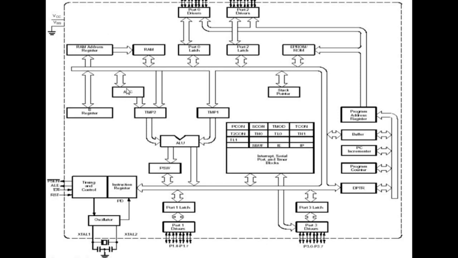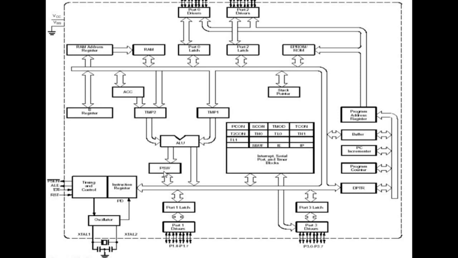Mostly we use the accumulator for addition and subtraction. If the number of bits is more, then we are going to use both the accumulator as well as register B. Especially register B is used for operations like multiplication and division along with the accumulator register. Here, ALU, what is the meaning of ALU? Arithmetic and logic unit. It performs all the arithmetic and logic operations.